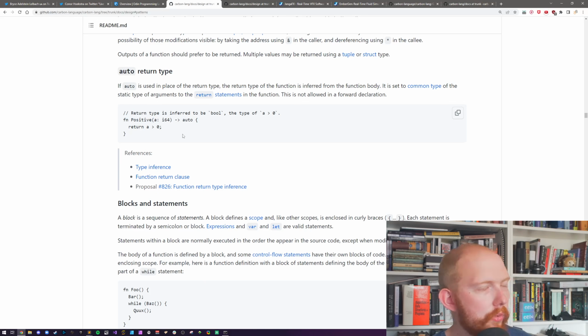The auto stuff, especially when you're doing the decltype auto stuff in C++, is weird to say the least. It's trying to get around a lot of the templates malarkey, which I'm not particularly thinking is a good idea in the first place. If you've got yourself into that mess, you probably shouldn't do it. Or another way they may be thinking is autos make it more like a functional language, which, not functional language, more of an interpreted, dynamically typed language. In a sense, not just a dynamically typed language.